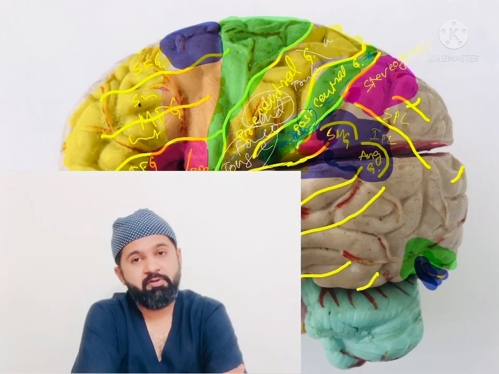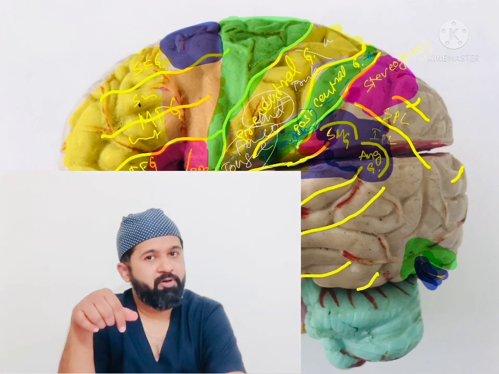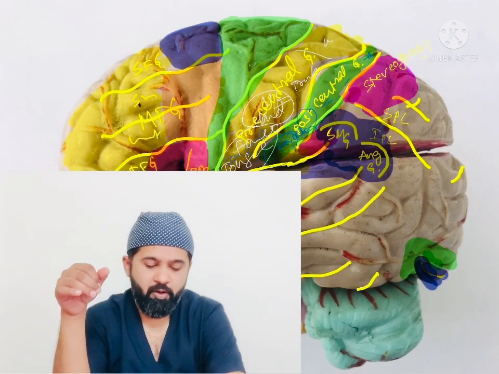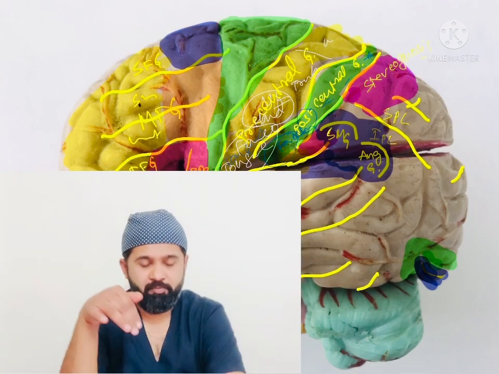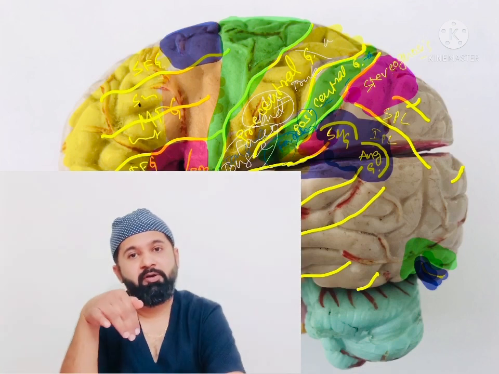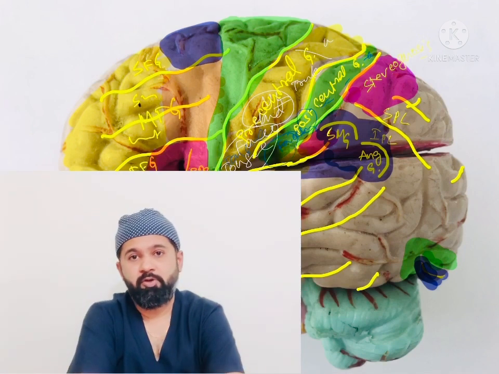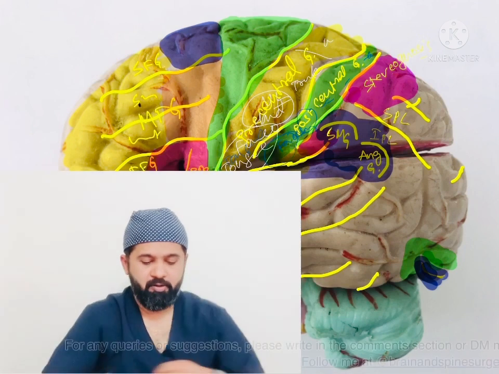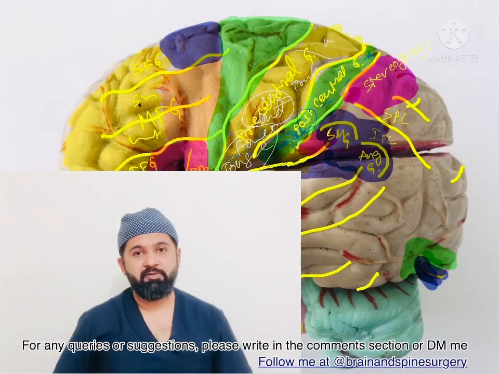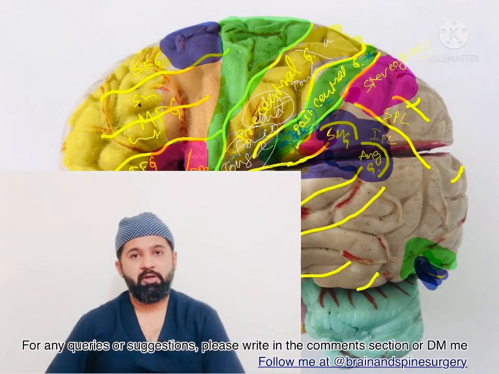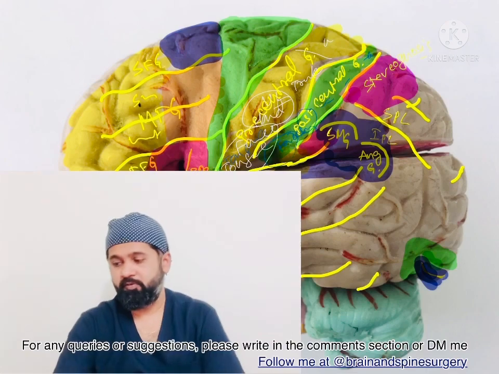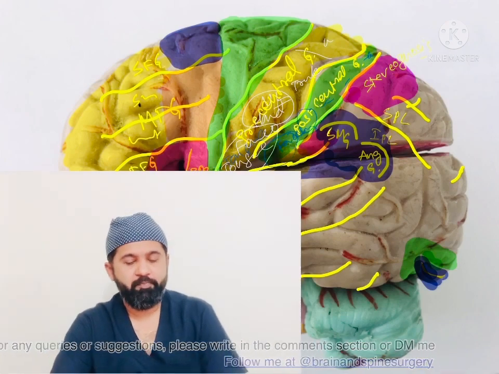For a neurosurgeon, it is important to know these areas, because on the dominant side, if you are going to approach any subcortical structure, we should not enter through any of these eloquent areas, so as not to produce a very gross or major deficit. In the next video, we'll discuss the medial surface and the basal surface and the eloquent areas on these surfaces. So that's all for this video.